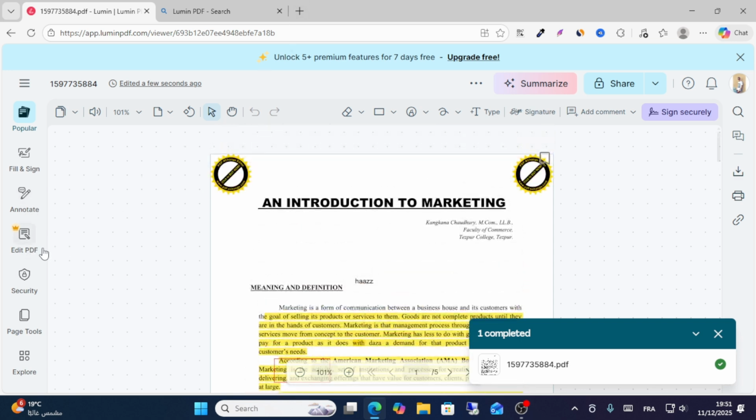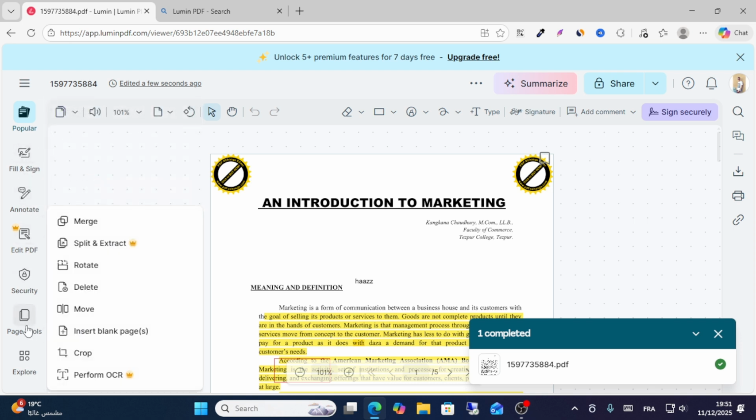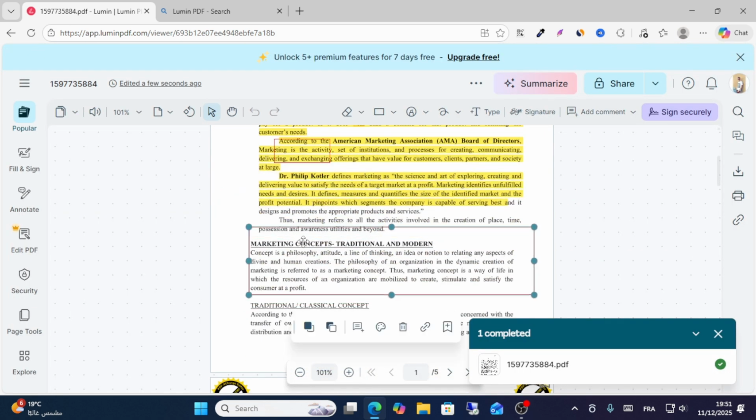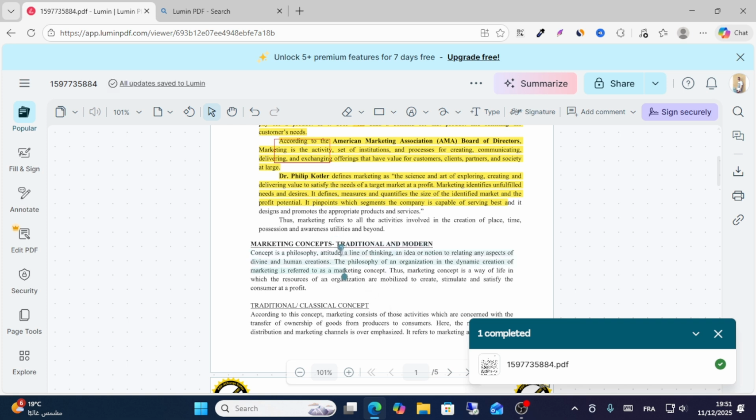You have the edit PDF section, you have file, and second, you have page tools. So guys, from here you can edit your PDF as I say, and then scroll down. You can also delete this part. For example, if you want to delete this part, just click this one, and you can